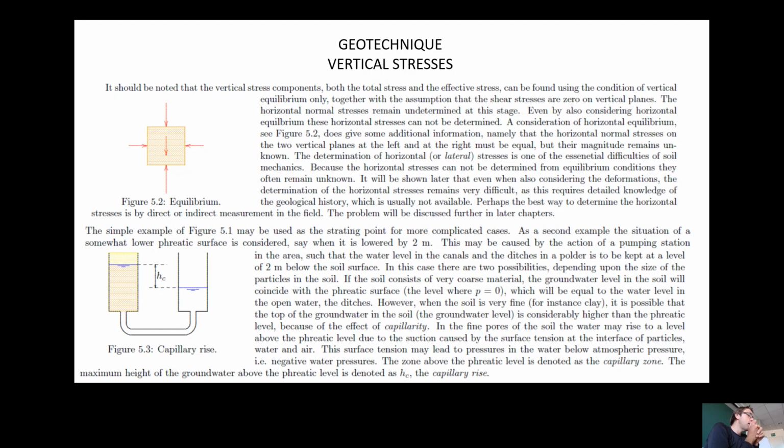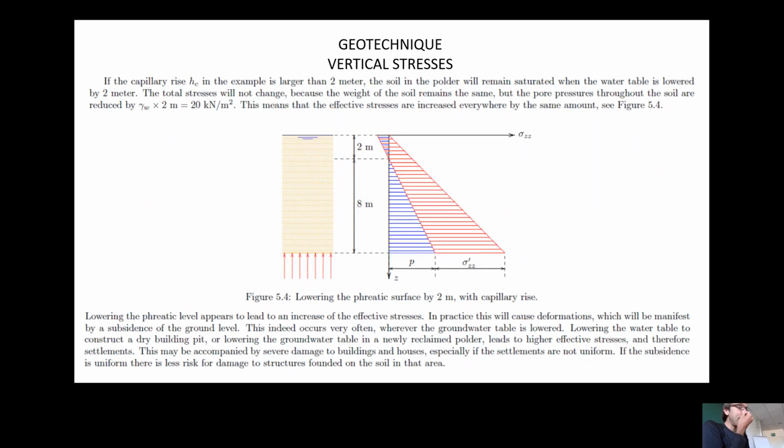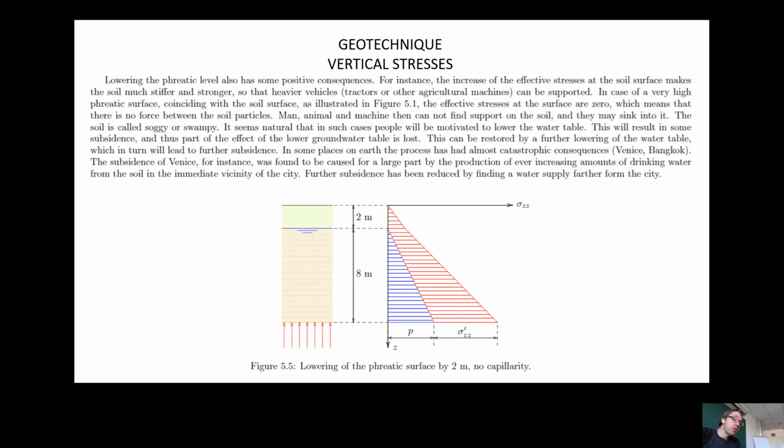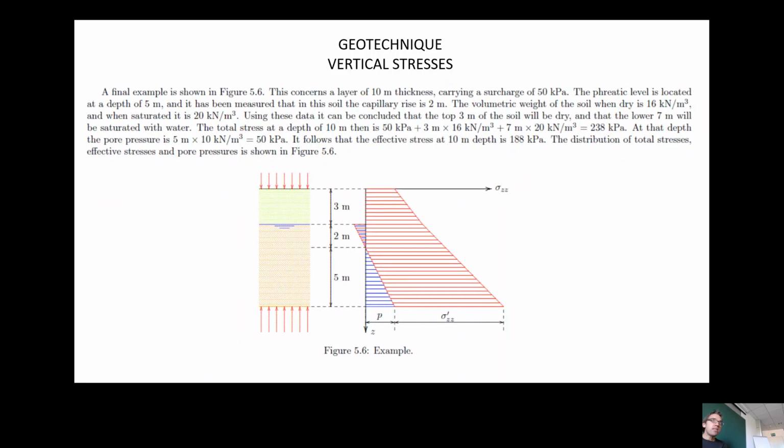And then we started to make the problem a little bit more complex by introducing the capillarity. I showed you how the capillarity can move inside the soil. And here a first case of a 2 meter capillarity rise. Then we considered the possibility of lowering the phreatic level, that you can see here is a different case. And finally, we put everything together in this important, in my opinion, example, where you can consider both aspects of the problem. Last thing, important, consider what we said, that we don't consider tensile stresses in our models,